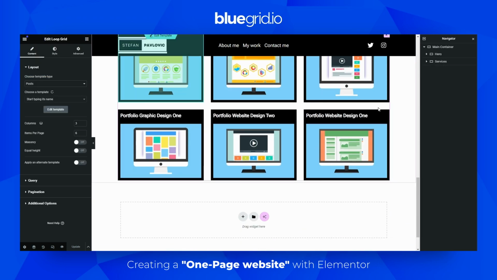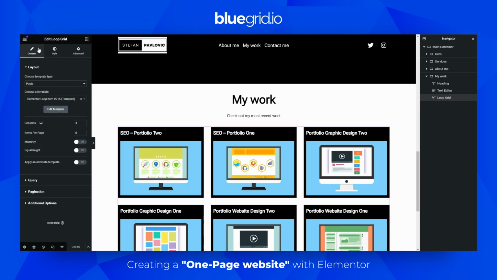Now let's click on loop grid, and I wanted to show you something. Now, if you take a look at the content and then layout, you can choose which template you would like to show here. The name of the template is randomly generated. You can rename it, but choose template type post. So we want post to show here because we created these